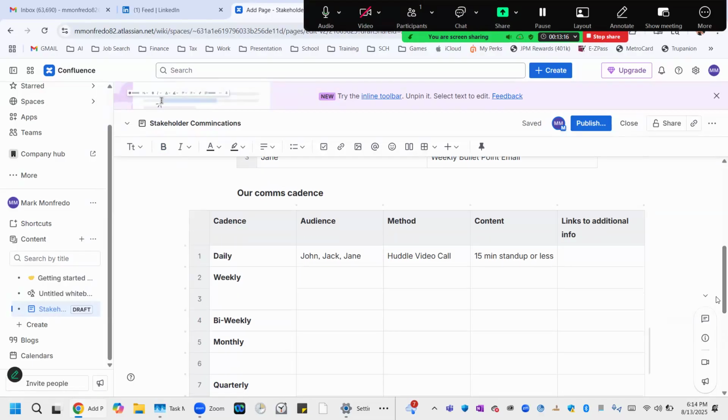Now, in addition to making sure that you send your invites from your stakeholder analysis template to ensure that no one is missed, and making sure that you have an individual conversation with each of your stakeholders first before you have these meetings,